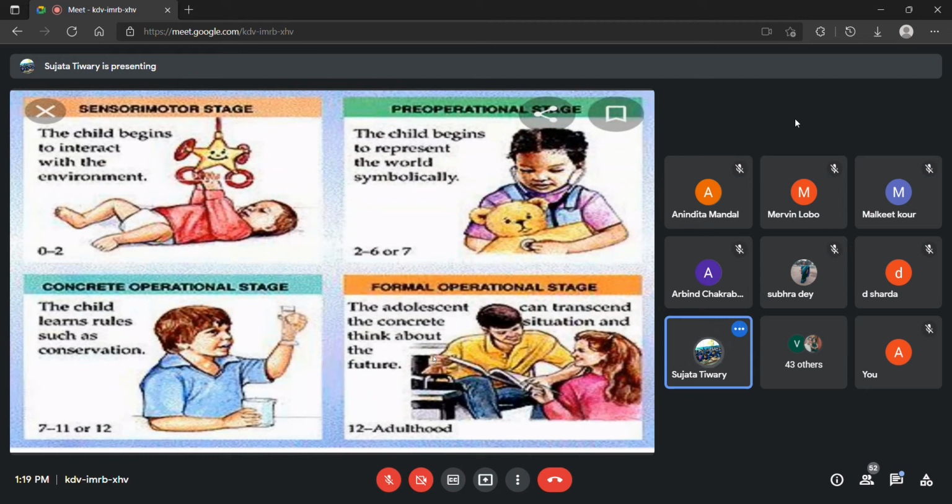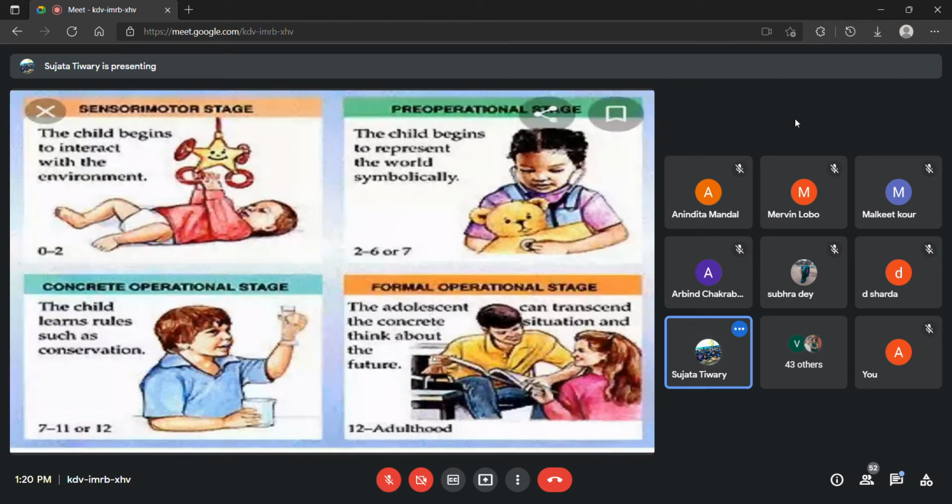Words are not here; language does not develop. Senses are teachers. Reflex action is there. If you touch, they will respond. As they grow, at 5 to 6 months, if you show an object or toy, they react. They want to take it, grasp it. But if you remove that object, they forget about it. They don't remember it. This is called object permanence: out of sight, out of mind.